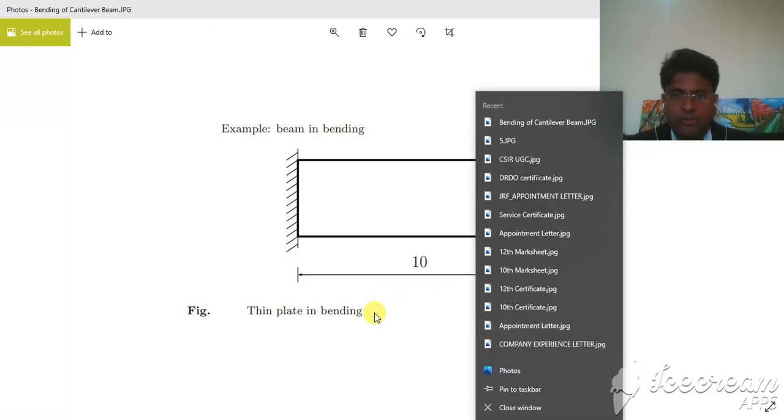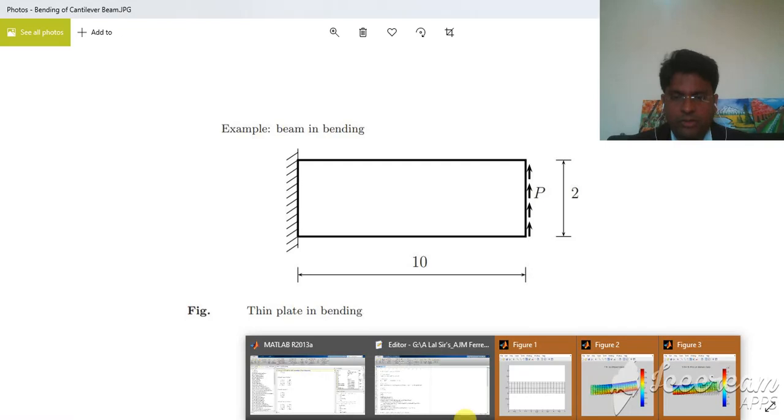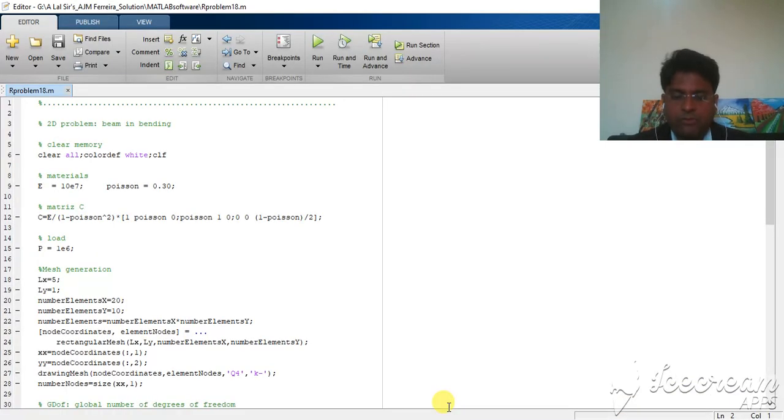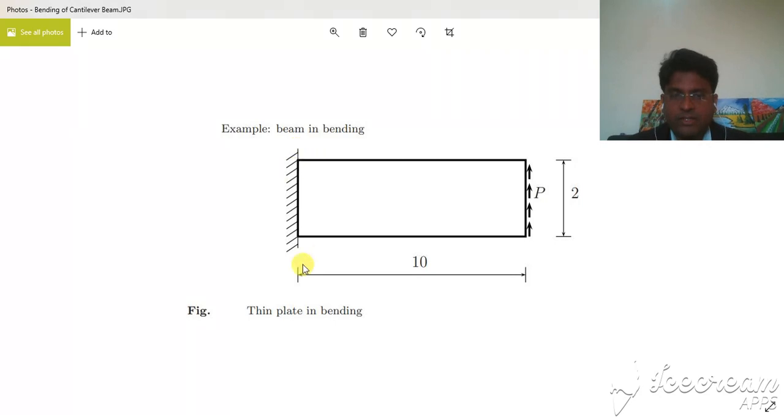Initially, you should know how to write for displacement, strains, and stresses. Once you know how to calculate the strain matrix, then you can go for further calculation of stresses. And the boundary conditions here: this cantilever beam is rigidly fixed at one end, and one end is free, and here it is